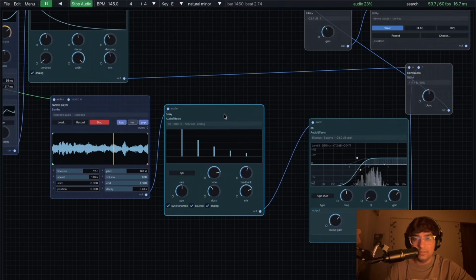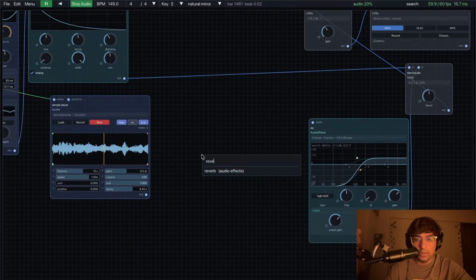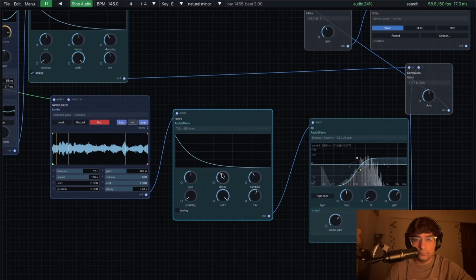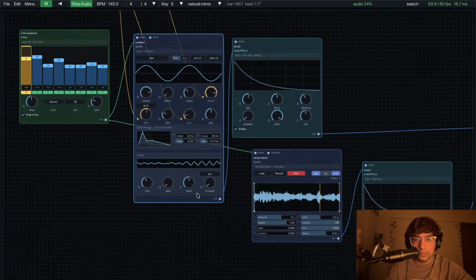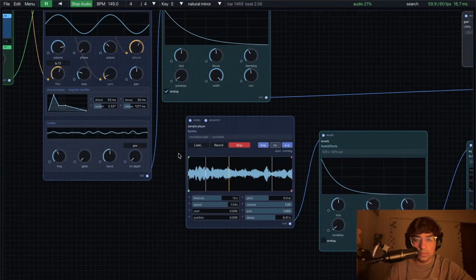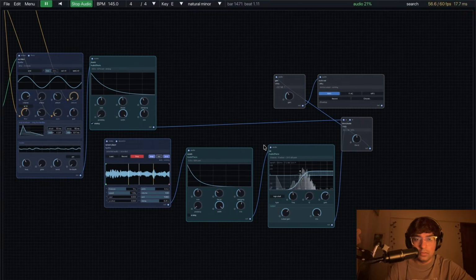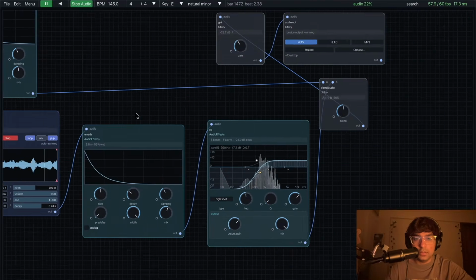Actually, I don't like the reverb. Let me just use a reverb here as well. Let's just disconnect the something really cool is